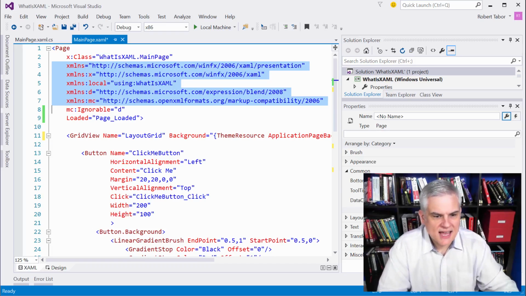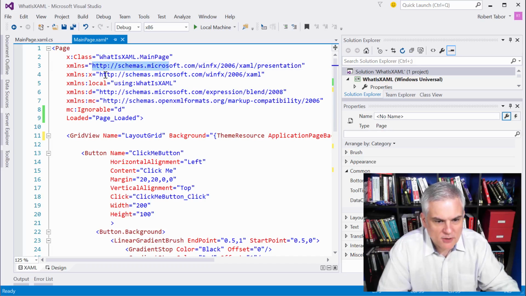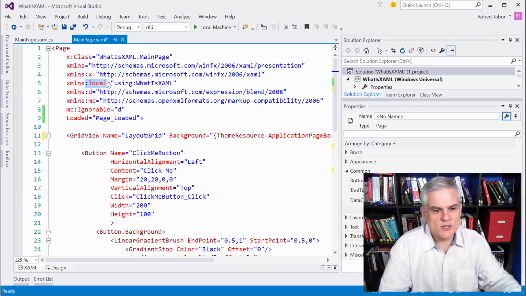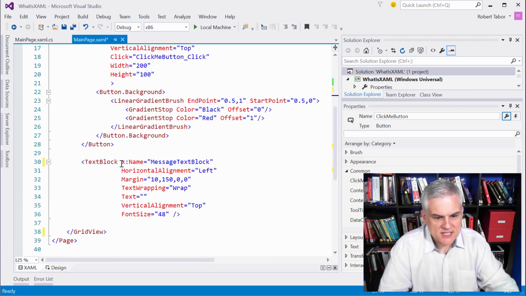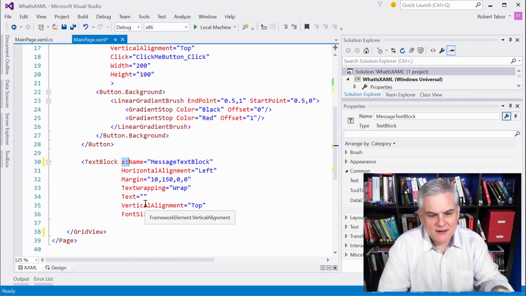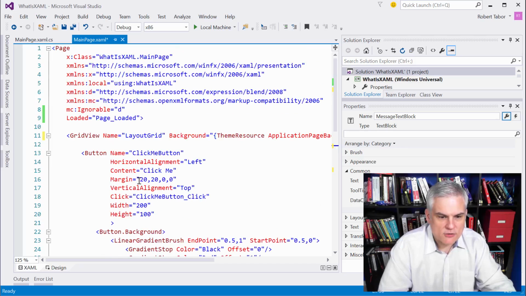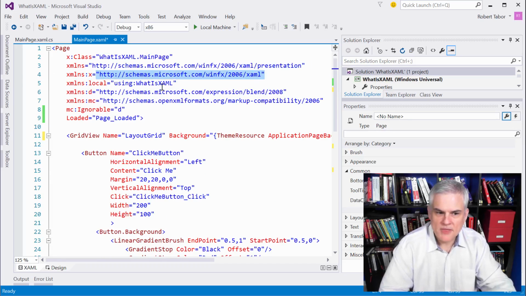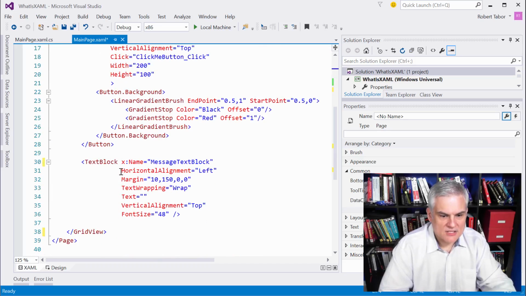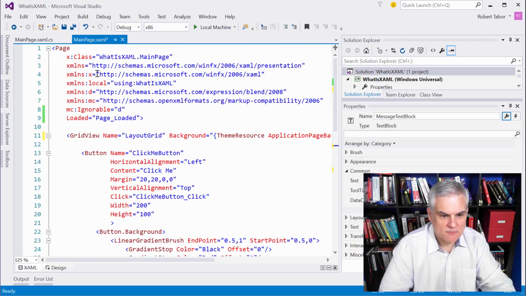Now, you can see that not only do we define the schema itself, but we give the schema a namespace. And a namespace is just like we would use in a C# namespace. So if you take a look at this example that I have right here, I'm saying that this particular attribute of this object is defined in the namespace associated with the letter X, and that adheres to a schema defined here at this URL. So the namespace allows us to say that a given element or a given attribute is defined at a given